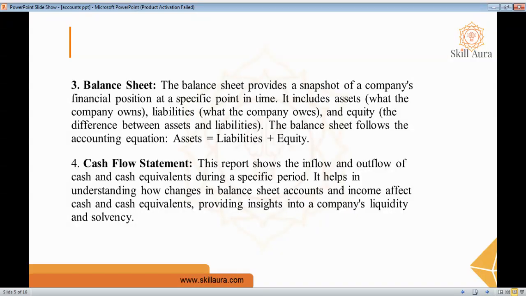When it comes to the cash flow statement report, your cash flow statement report is a financial statement that shows the inflow and the outflow of the cash and the cash equivalent over a specific period of time, such as month, quarterly, or yearly. It helps in understanding how change in balance sheet account and income affects cash and cash equivalent, which provides insight into the company liquidity and the solvency. So this here it provides an insight into a company ability to generate the cash and manage the liquidity and funds